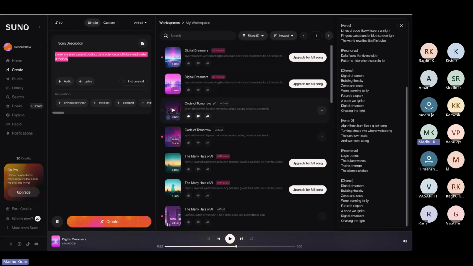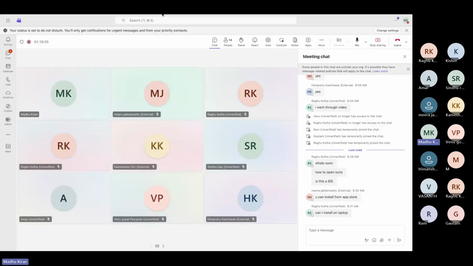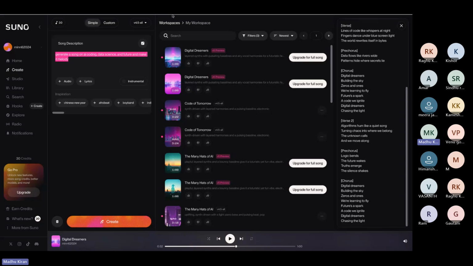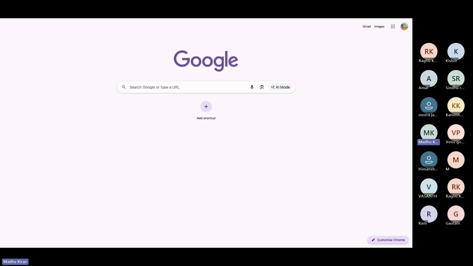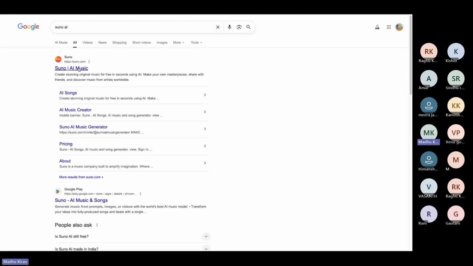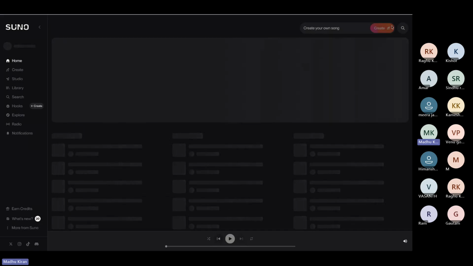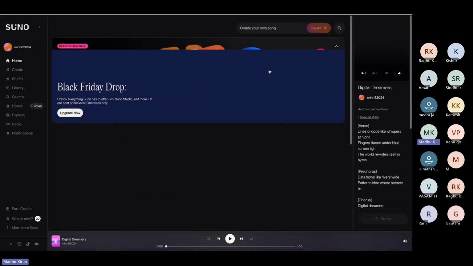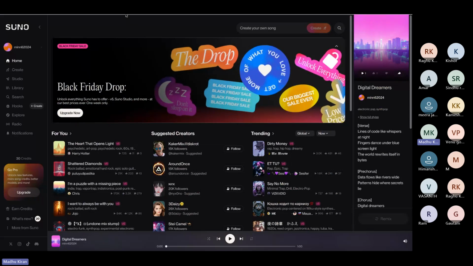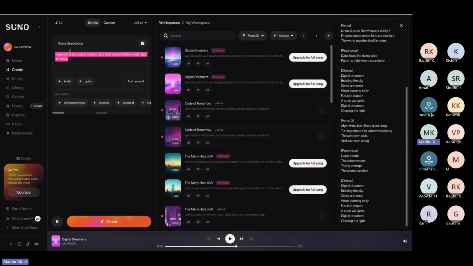But in this course, we'll understand what is in the backend, like how these tools are created too. You don't have to install anything. I'm using it directly on the website. I just type in Suno AI and you get something like this where you can log in. I already logged in with my Gmail account. Then you can try creating songs in it. You can see the credits, so it's not completely free. Any prompt description you give, it generates the song for it.